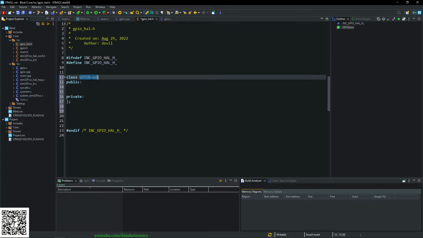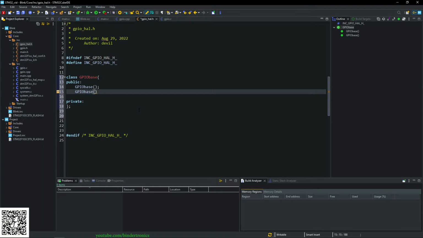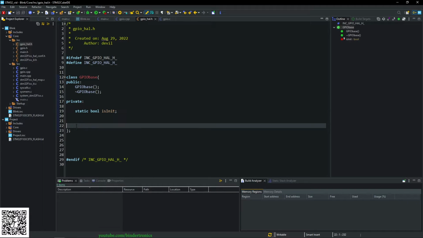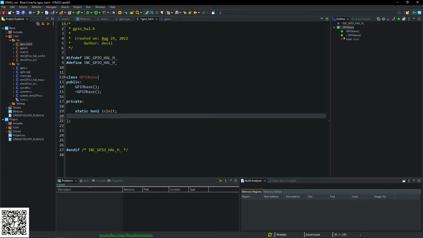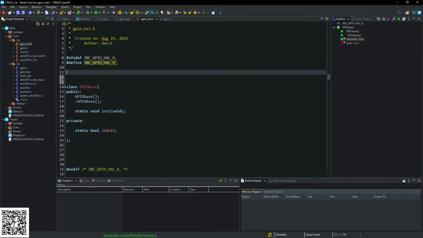And then we're going to call our constructor and create a destructor in here. And we're going to create a static bool and say is init, and that is practically our base class. And we're going to add a static function and we call that init. And it's going to be of return type void and take in void parameters. Then we include